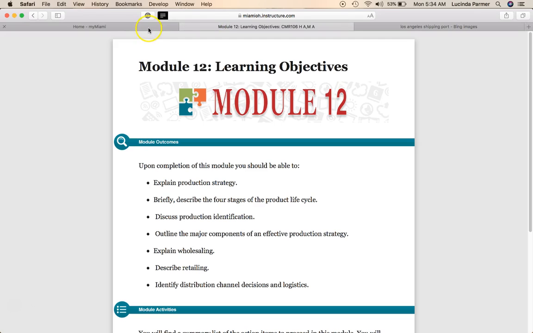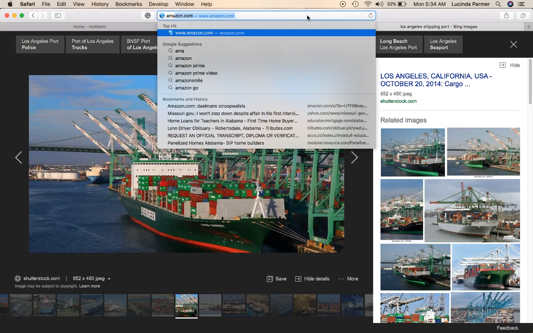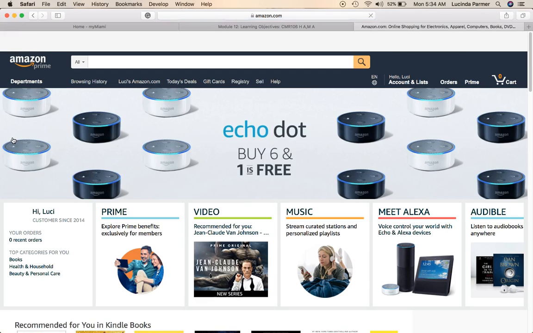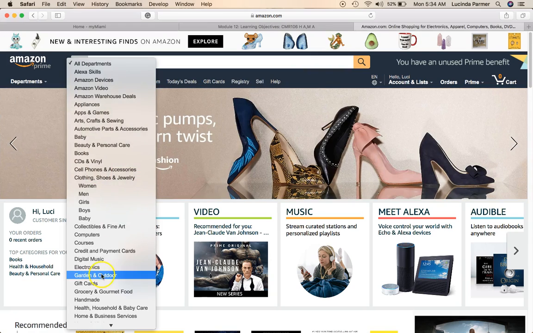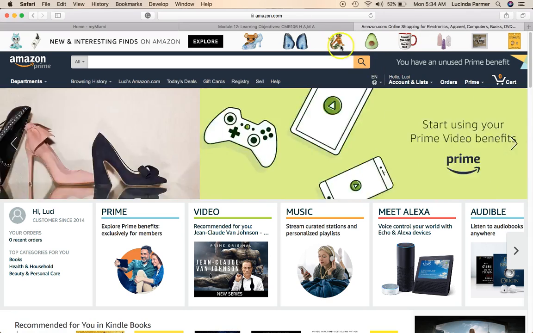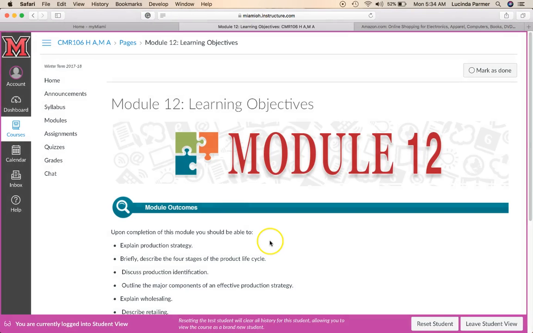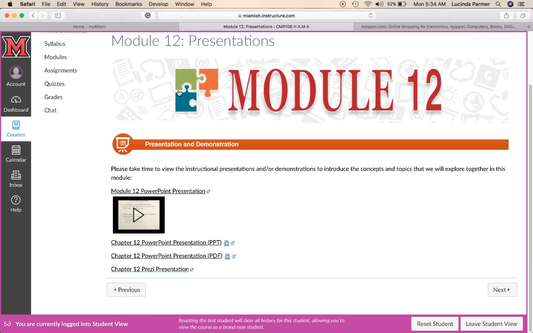There's also digital, right? Amazon is a huge retailer right now, and it's also got so many things here, and they've bought Whole Foods, and so it's an amazing company. Okay, so let's look here at the presentations you have. You have an audio presentation, you have a PowerPoint presentation in a couple of formats, and then the Prezi presentation that I use in the face-to-face class